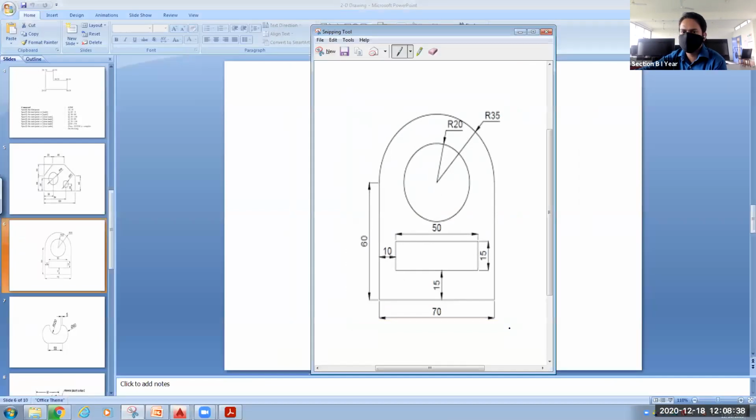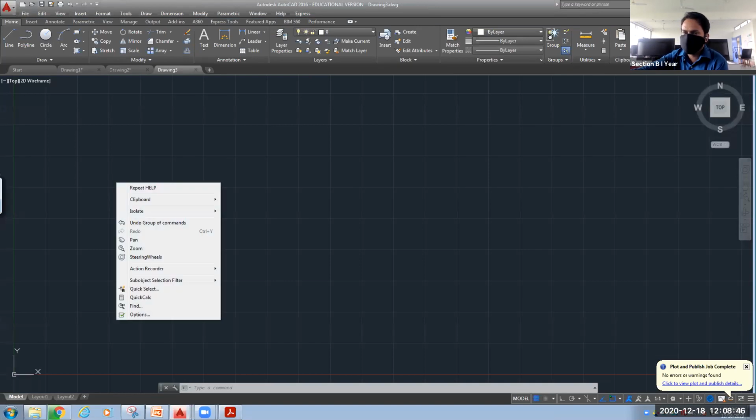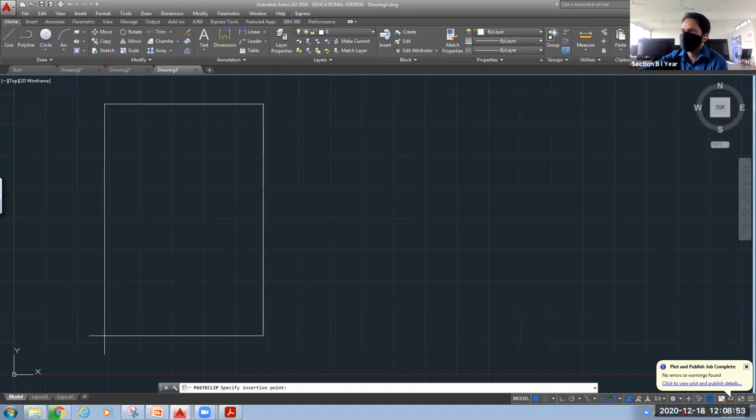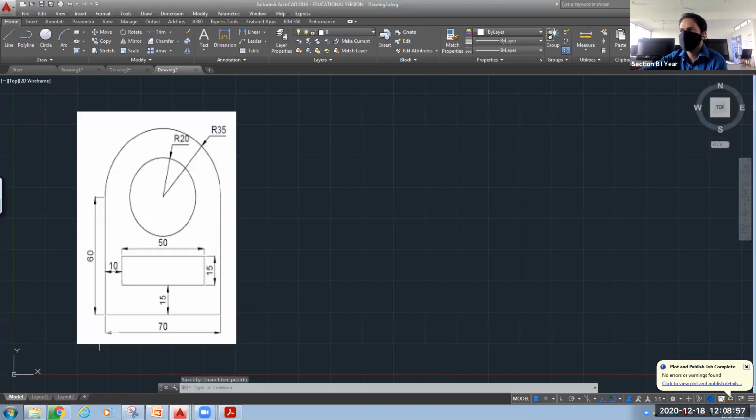I will take the screenshot of this location, then right click, copy, come back to AutoCAD, right click, go to clipboard and then click on paste. It will ask for the insertion point, where you want to insert. You can insert here. This space I have kept to draw my figure.